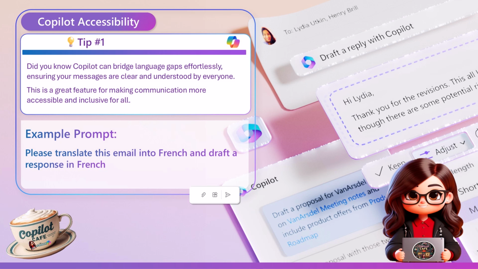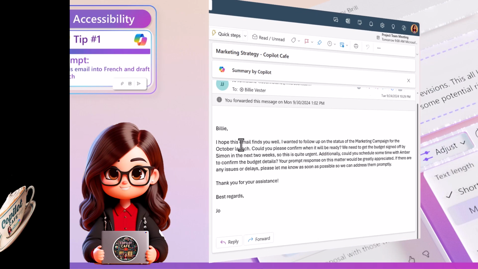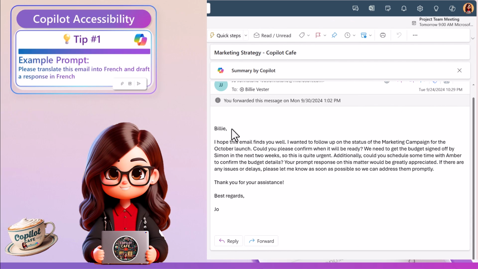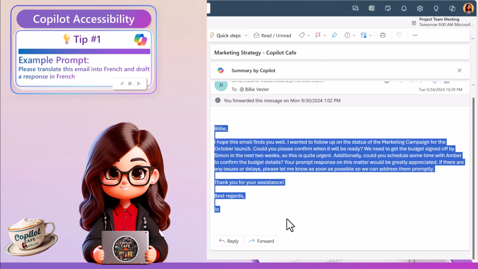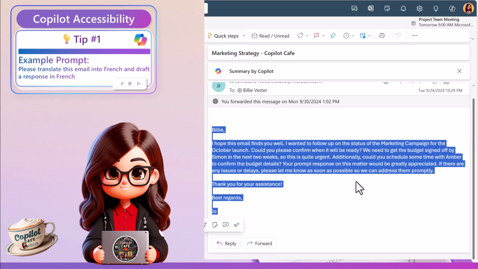Did you know that Copilot can help you bridge those language gaps effortlessly, ensuring that your messages are clear and understood by everyone? This is a great feature for making sure that communications are accessible and inclusive for all. Now, let's have a look how we can translate a typical email into French and even draft that response back